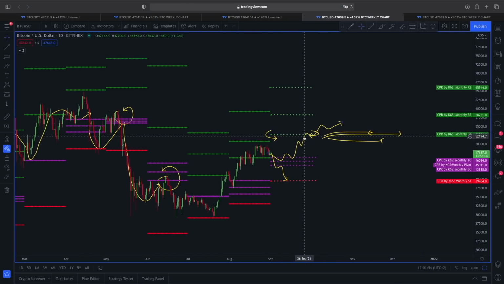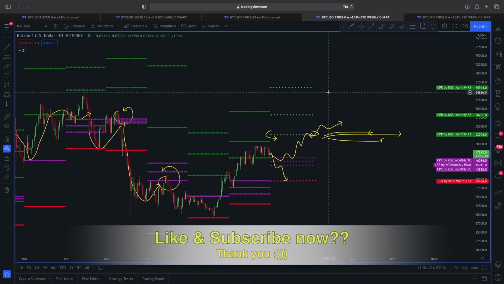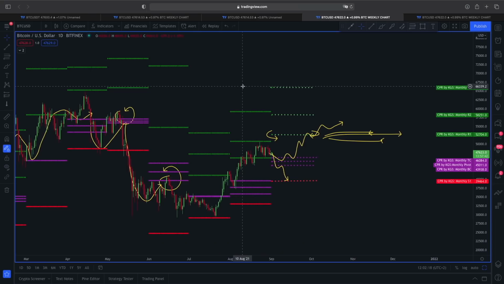After that, if we do manage to find support above it, just like here from the past Bitcoin price action, you can see the next possible target is going to be around $58,251, and the no-brainer price target for this September month is lying around $65,944, and that could also be the new all-time high for Bitcoin. So let's see how the price of Bitcoin is going to react in the upcoming days.